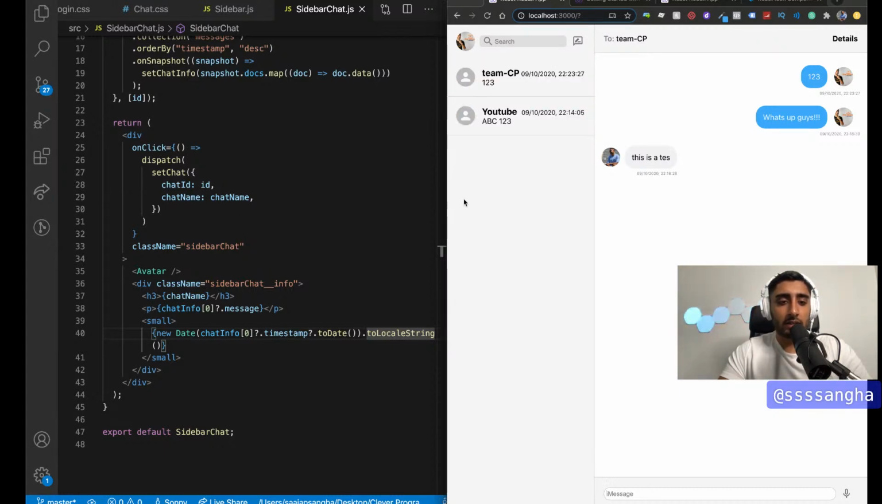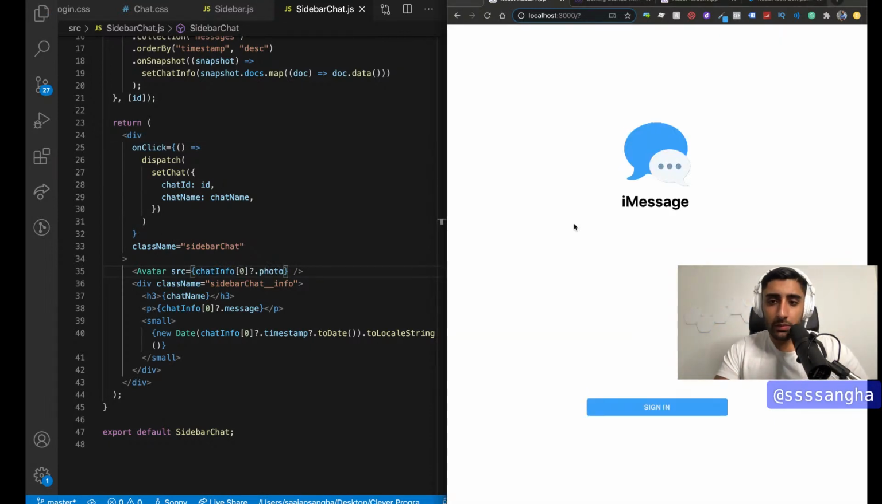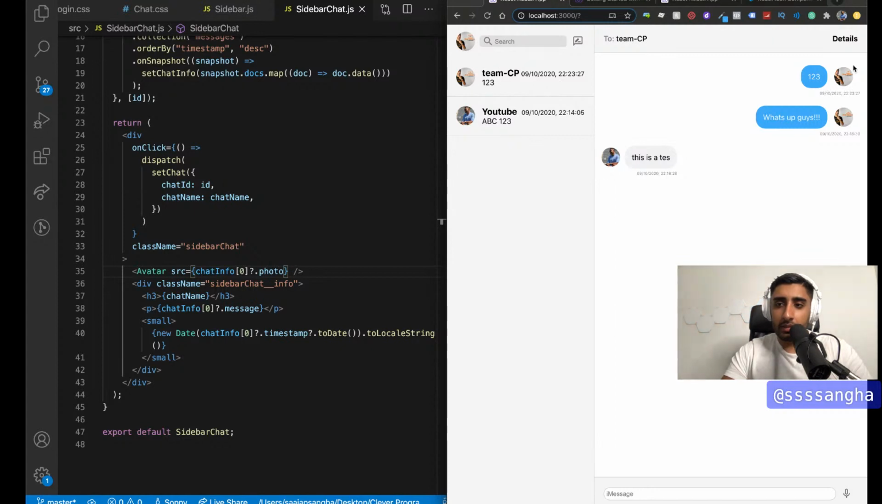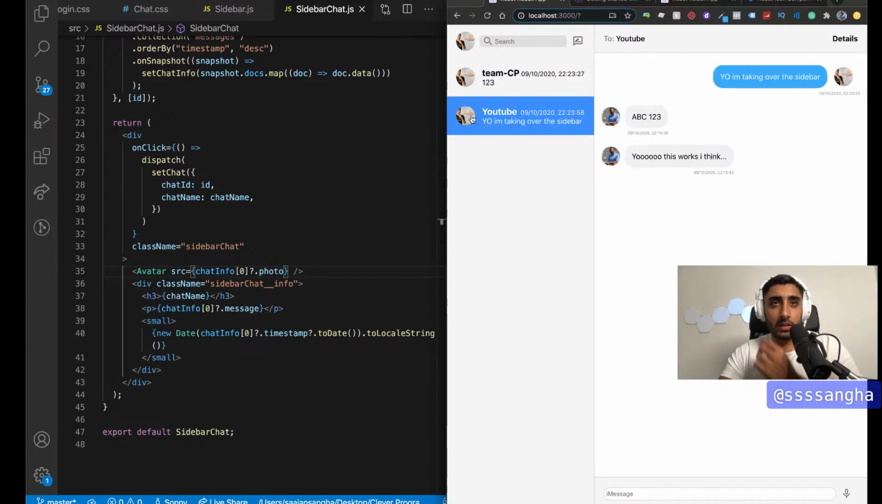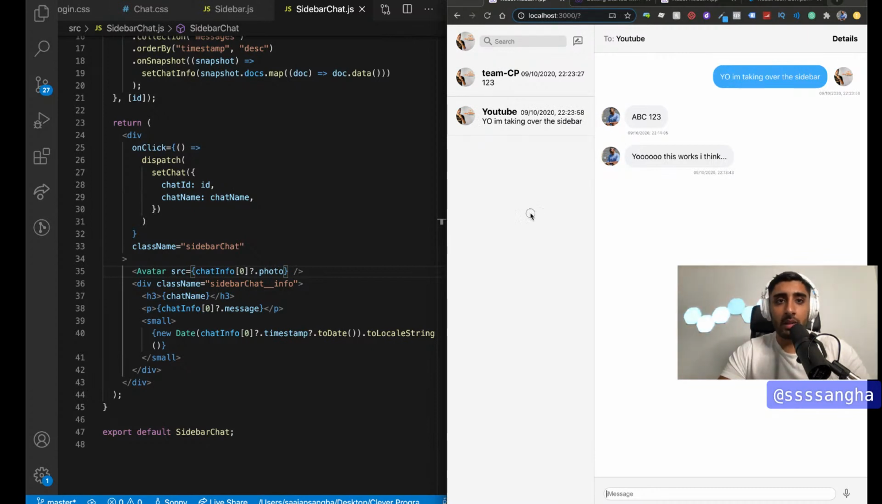And then the one thing we need to fix is the avatar, right? So for the source of the avatar, I'm going to do the same thing. It's going to be chat info 0, and then we're doing optional chaining to protect against the break. Now we should see, Kazi was the last one that sent a message here, and I was the last one that sent a message here, which is why my picture shows. But if I say, yo, I'm taking over the sidebar, boom, there you go. Now it's Kazi's picture. All right, so that's dope. It's working as we want it, right? So what we're going to do now is add some fancy animations. The way we can do that is